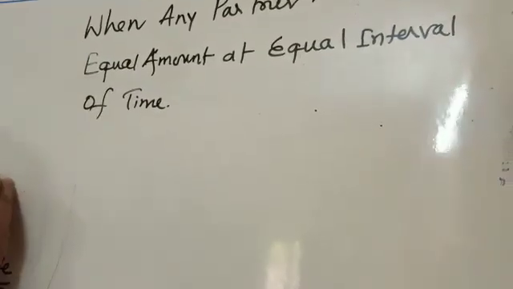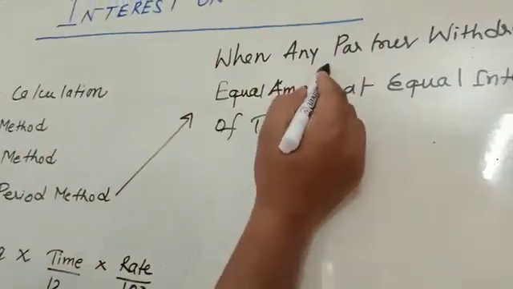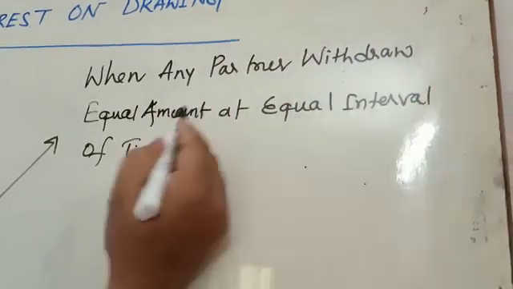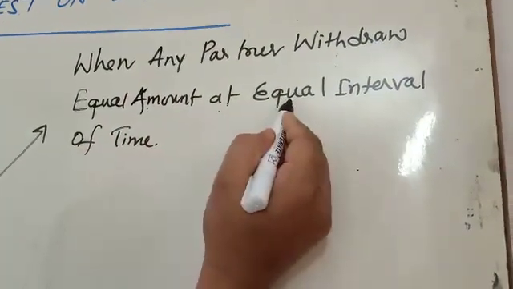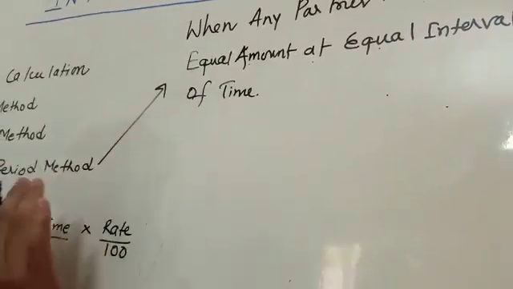We are going to study about average period method when any partner withdraws equal amount at equal interval of time. For example,